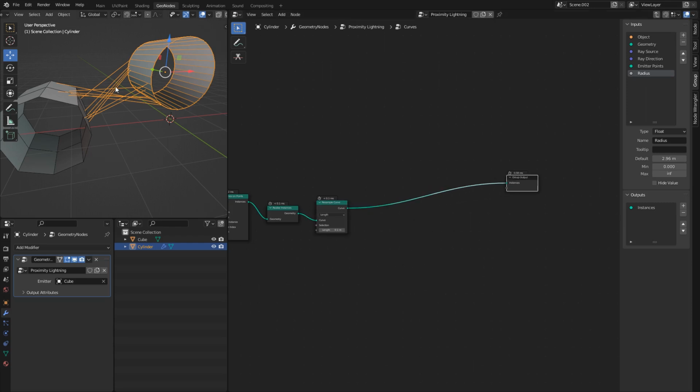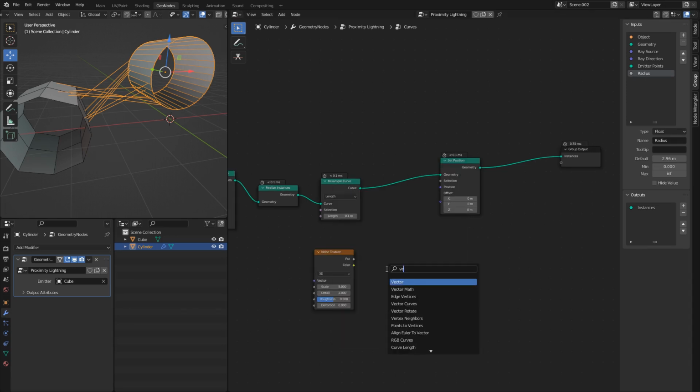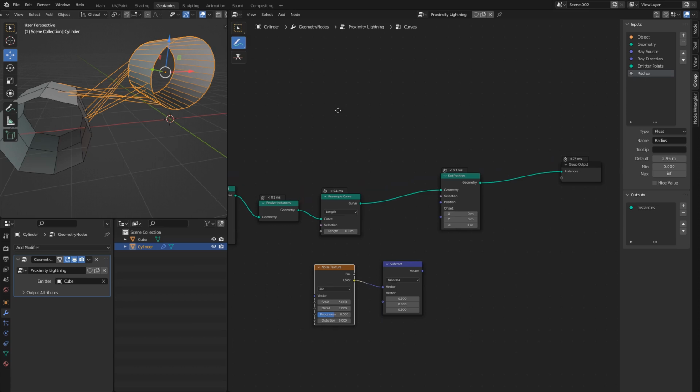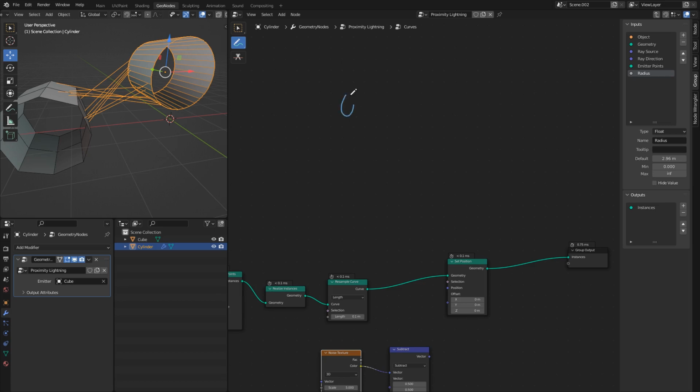And then we want to arc them. We want to give the lightning some character. So to do that, I'm just going to use a set position node, and I'm going to link that up with a noise texture. What I have to do, however, is run the noise texture through a vector math and subtract 0.5 from the color attribute. This is because all of the color that comes out of the noise texture is RGB, which is 0 to 1. But that would imply that it will always be in the positive direction of the coordinate plane. So over here, but what we want is to shift it all by 0.5, so that it's minus 0.5, 0, and 0.5,